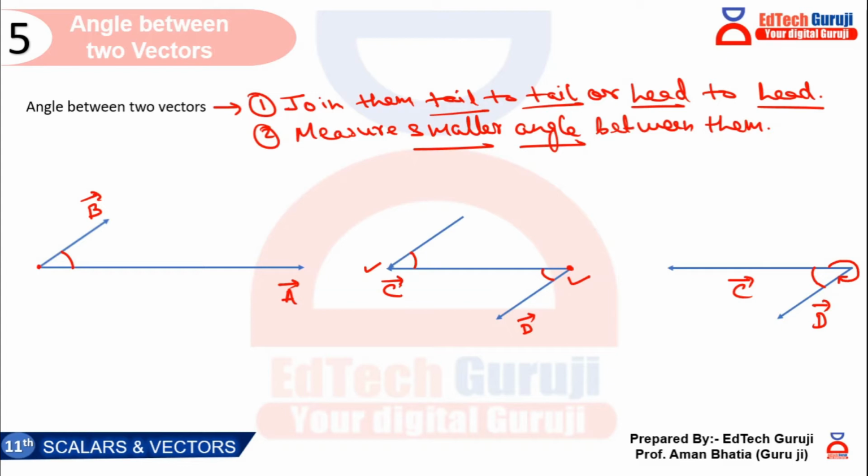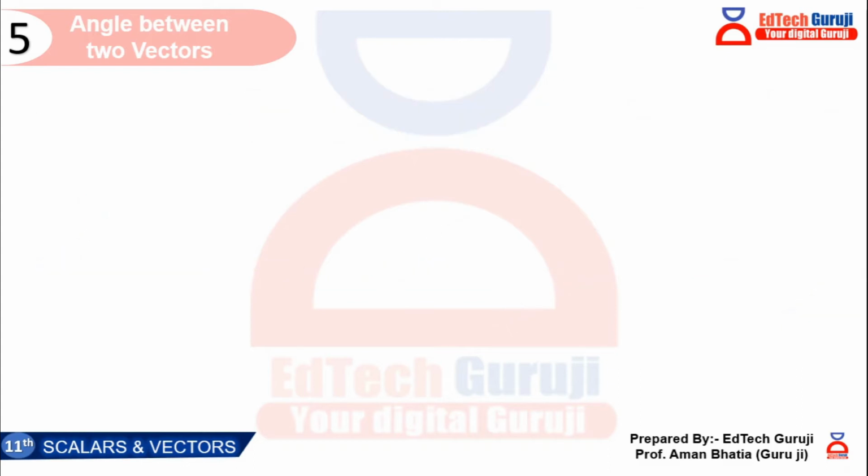So now let us understand with the help of examples how to find and calculate the angle between two vectors. Let us say we have a vector A here. Okay, so this is your A bar, and here there is another vector given to you. Let us say this is your B bar. Now the angle between them currently is given to you as 30 degrees. Now first question: is this the right angle between the two vectors? Yes or no?